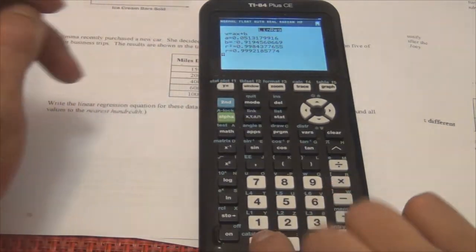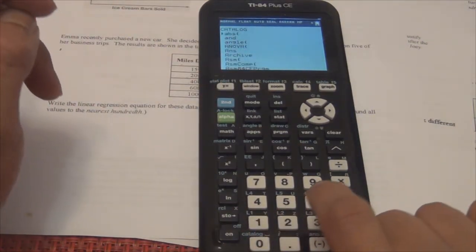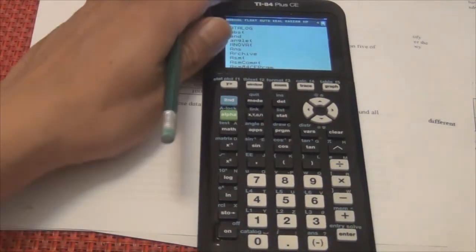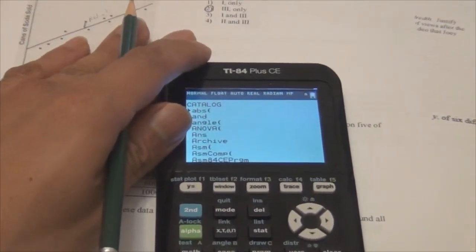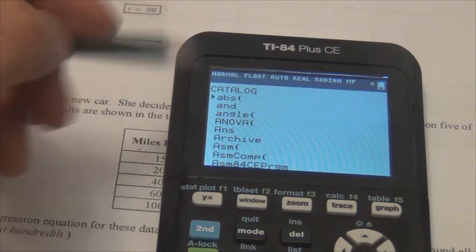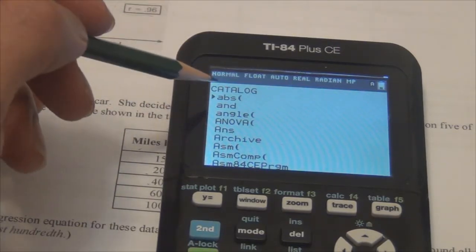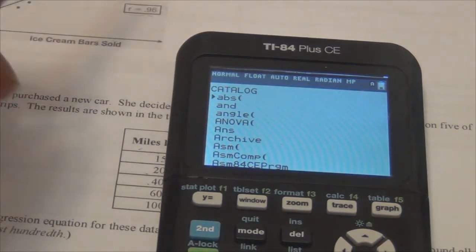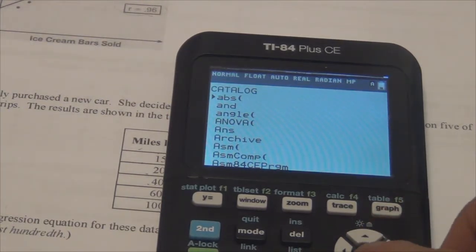Second and 0. Then, by default, it's going to give you the menu of all the things that you could find in the calculator. Well, you want to turn on the diagnostics. You could scroll all the way down, down, down,